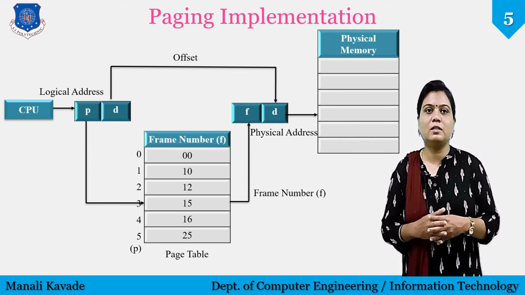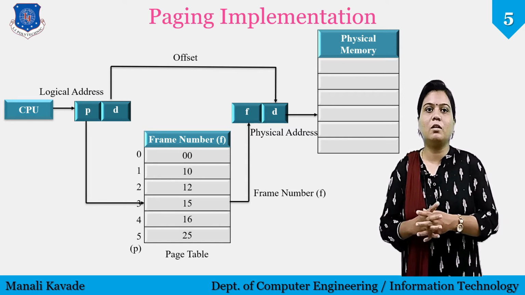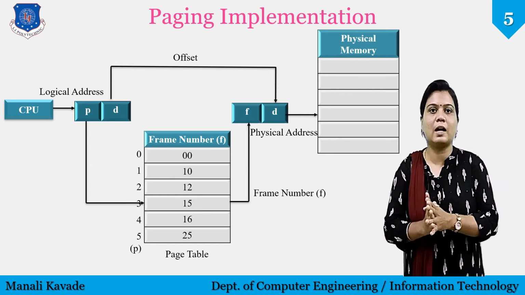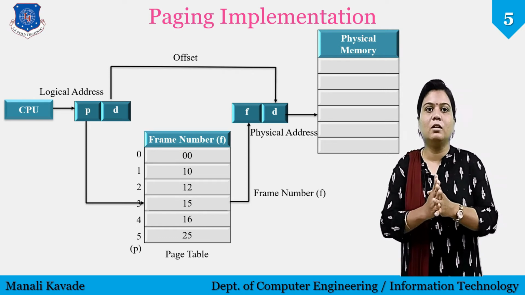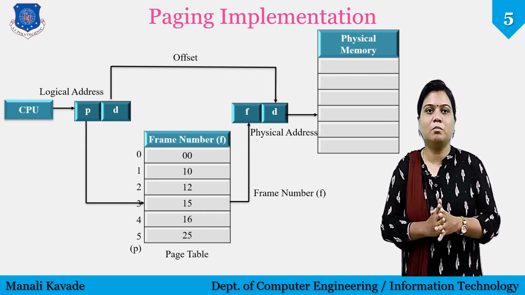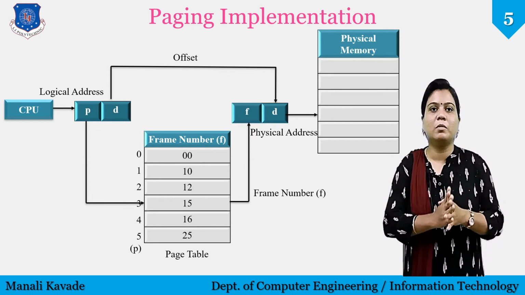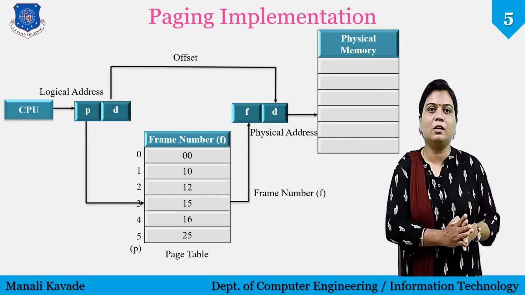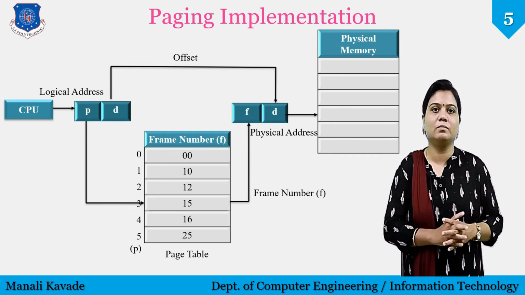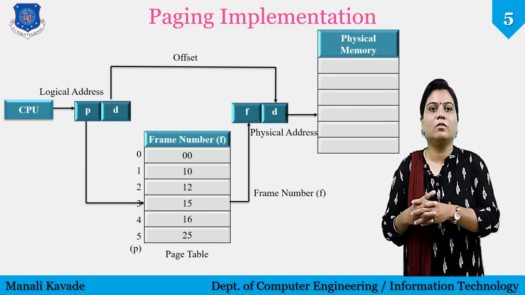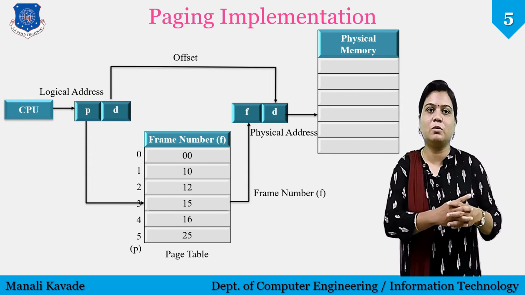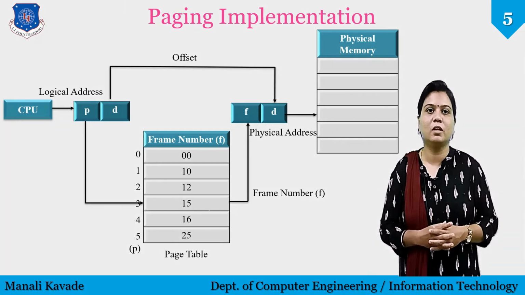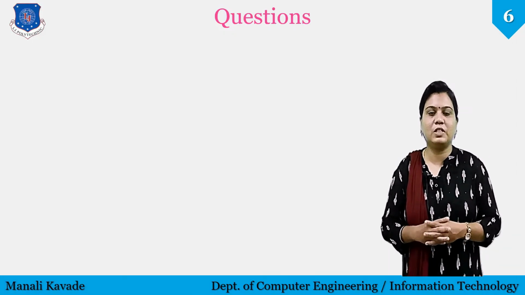In short, if I say, this technique is used whenever process is to be executed, its pages are moved from secondary storage, that is hard disk, to main memory to get the frames in physical memory. Memory allocation technique will refer to the task of finding the frames in memory and then allocating them to page, and then keeping the track of which frame belongs to which page. This is how the paging technique works. So this was all about the paging technique.